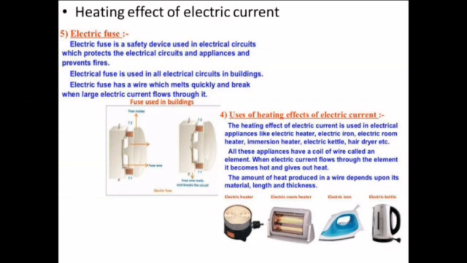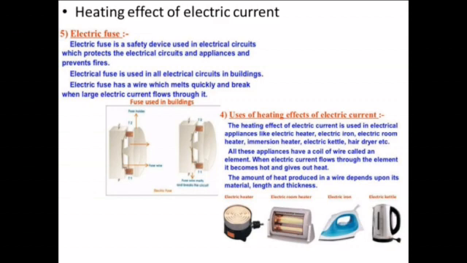Suppose electric current is flowing through some resistor R. To flow this current continuously, the battery has to provide energy to every electric charge. Now, the work required to keep the charge Q in motion by a battery of voltage V is W equal to VQ. From the definition of electric current, Q equal to I into T. So W equal to VIT.